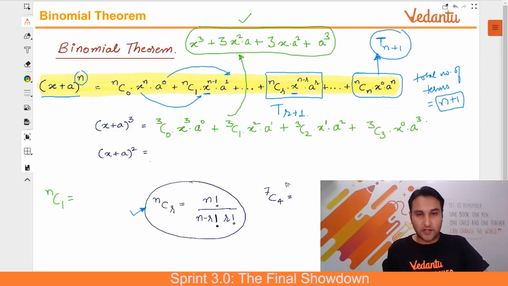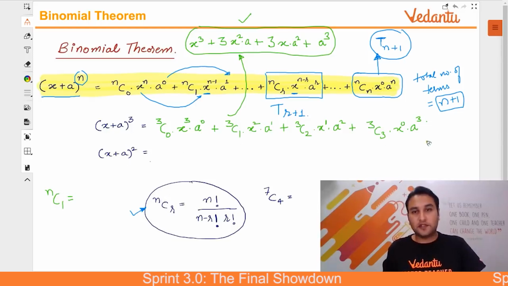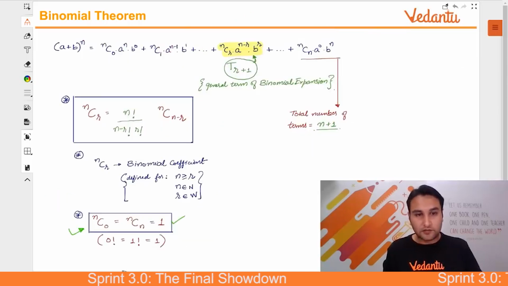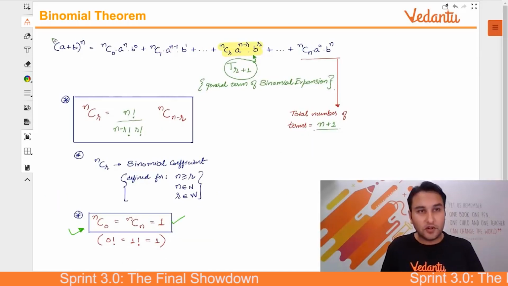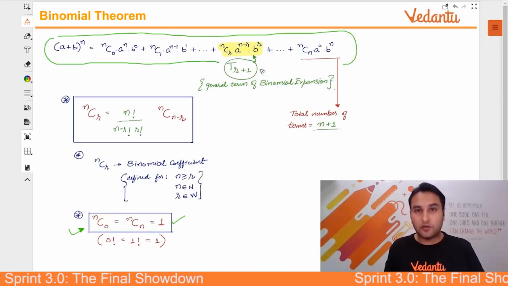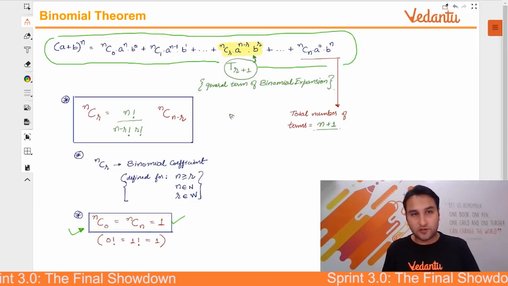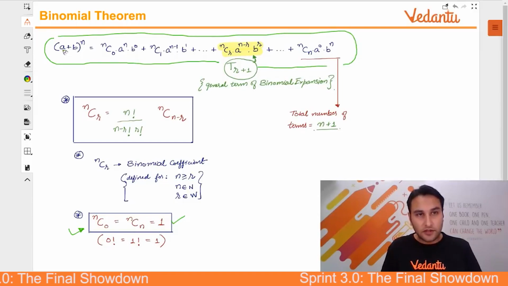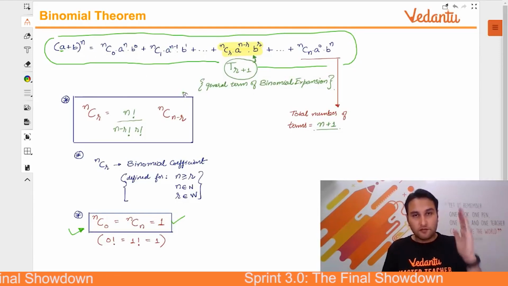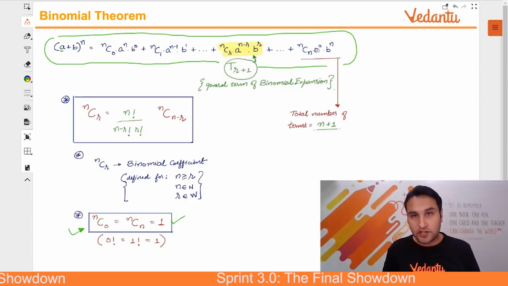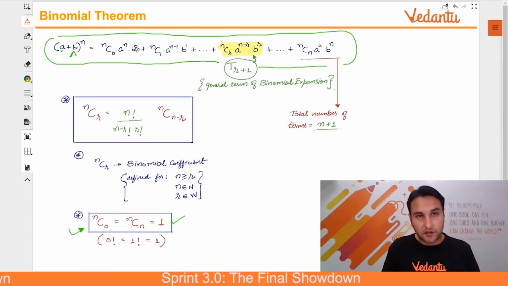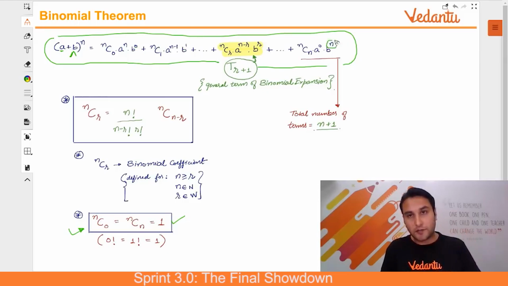Similarly, you can write the square as well. So I devoted the first 5 minutes to familiarizing you with what binomial expansion is all about. Cool? If this is clear, now let's quickly revise what we just learned. We learned that the expansion of a plus b to the power n can be written like this. Look once again, because all the problems are based on this only. nc0, first term: start with the highest power, keep reducing the power of a 1 by 1 till you reach a to the power 0, and the second term, keep increasing its power from 0, 1 by 1, till the highest power, that is n.